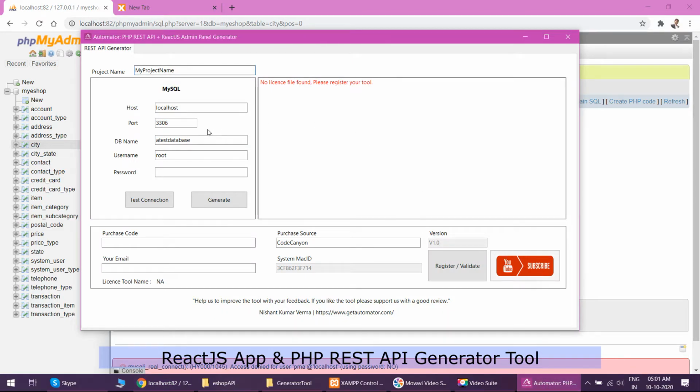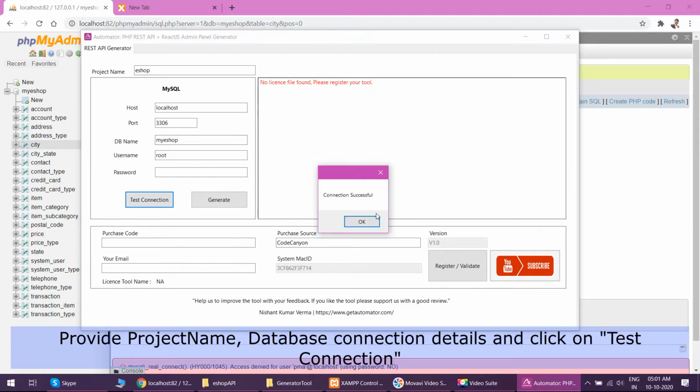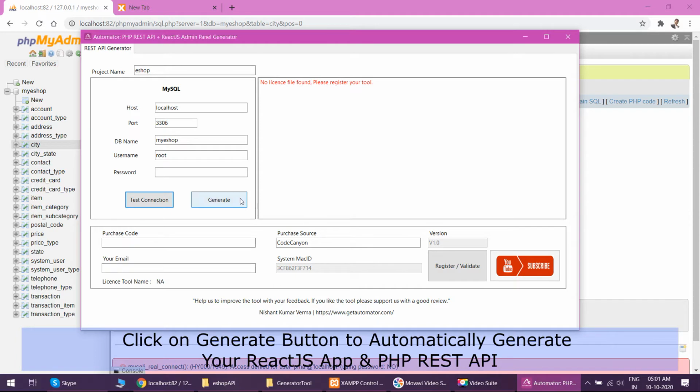and provide the project name as ESOP. My host name is localhost, database name is ESOP, username is root and password is blank. I'll click on test connection and the connection is successful. I'll click the generate button.